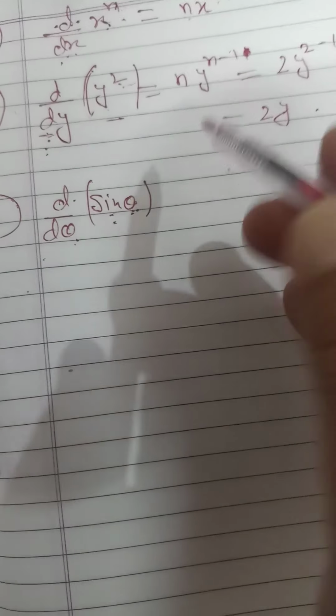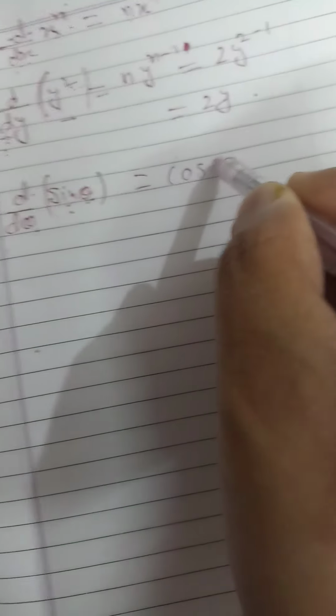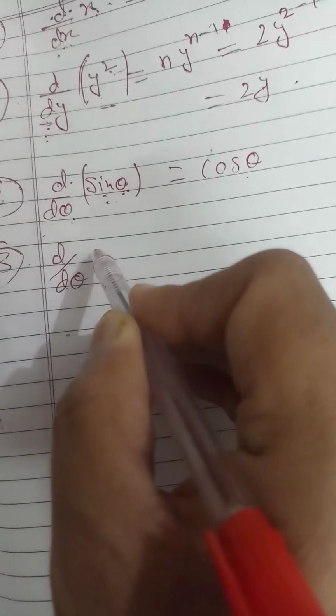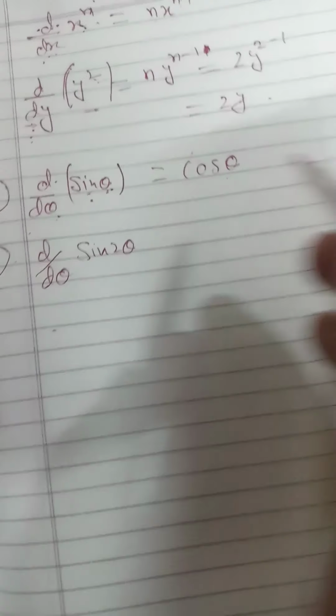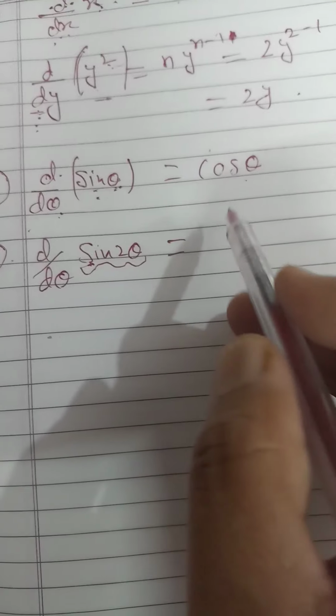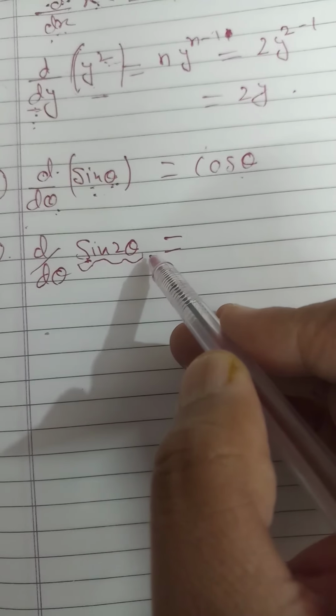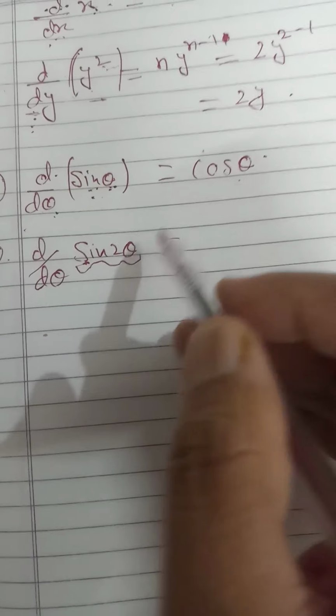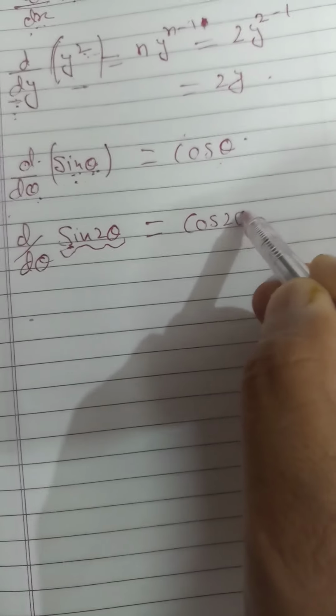What is the general formula which we use? We will write here cos theta. So the formula of differentiation of sine theta is cos theta. Third, suppose I am writing here d by d theta of sine 2 theta. So what will I write here? I will use the product rule. What does the product rule say? First I will differentiate this whole complete sine 2 theta. Same as it is, like the differentiation of sine theta is cos theta. So differentiation of sine 2 theta will be cos 2 theta.